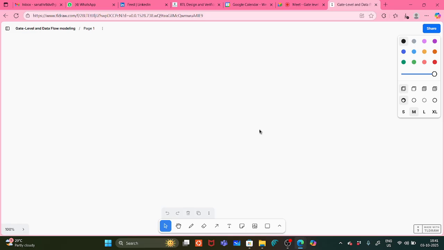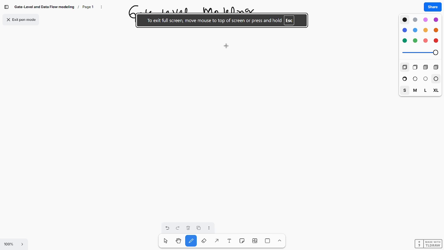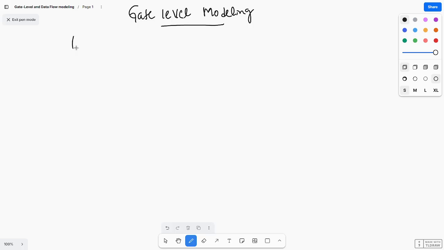So gate level modeling. In gate level modeling, logic gate primitives are there. We'll use logic gate primitives, like